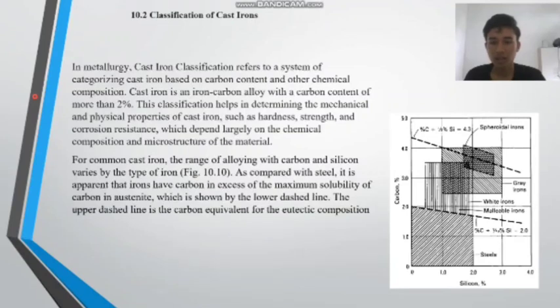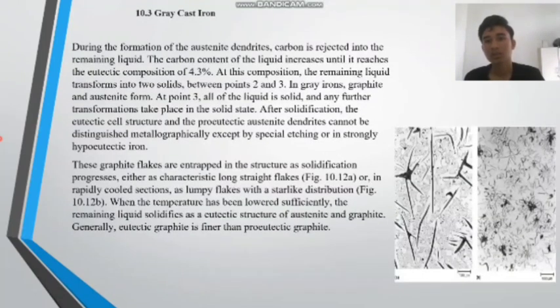For common cast iron, the range of alloying with carbon and silicon varies by the type of iron. Figure 10.10. As compared with steel, it is apparent that irons have carbon in excess of the maximum solubility of carbon in austenite, which is shown by the lower dashed line. The upper dashed line is the carbon equivalent for the eutectic composition. Next,